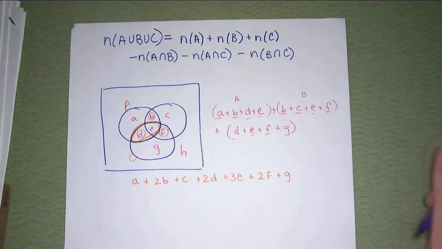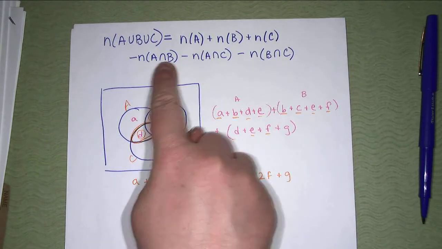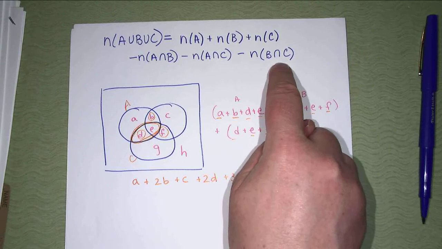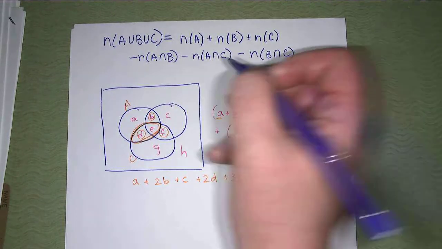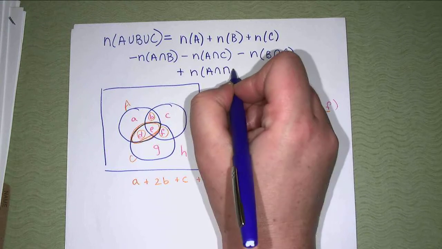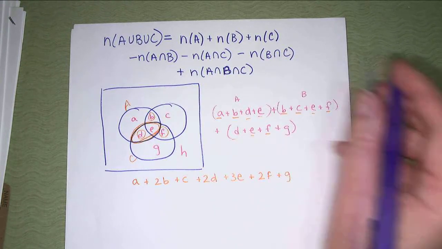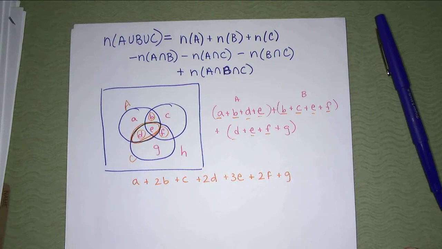Right, so if we do that, we do take off the doubles, but we took off E how many times now? We took all three of the E's off, because we took an E off here, and here, and here. So now, what do we need to add back in? Add back in the center. That's the formula. So you add each of them, take off each of the intersections, and then add back in the